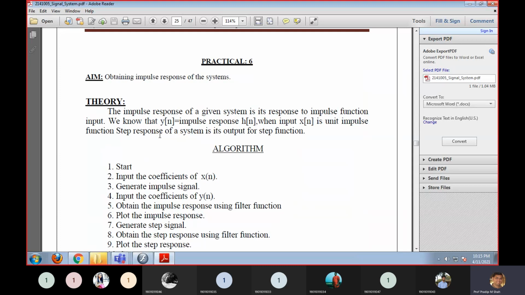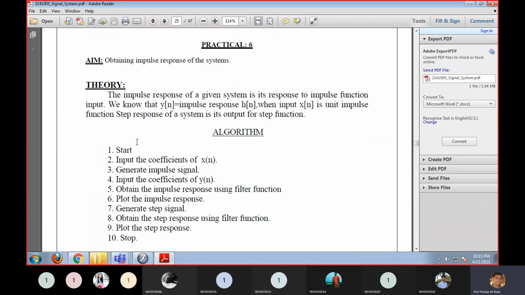After this definition, let me move on to the actual practical and how we implement it. We make one program, an M file, to find this impulse response.